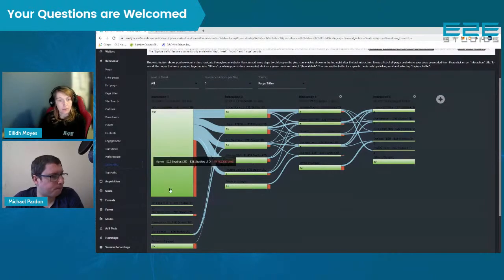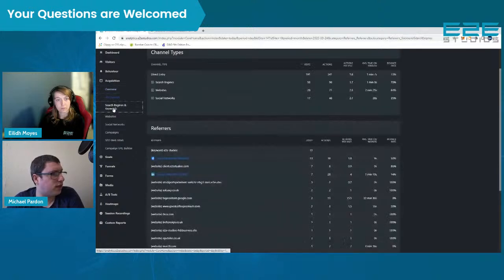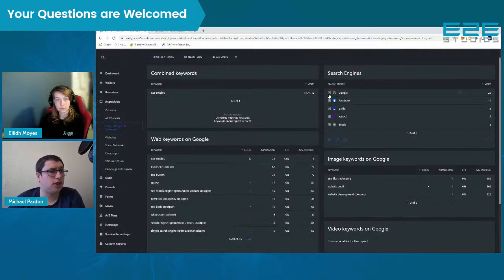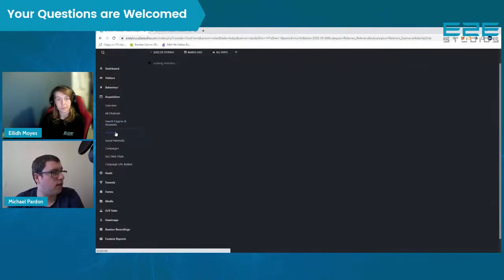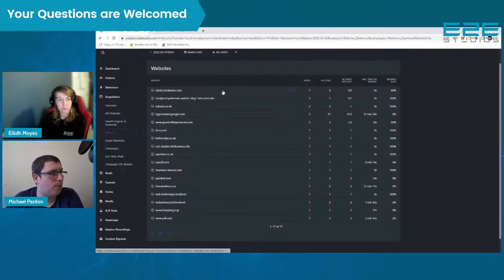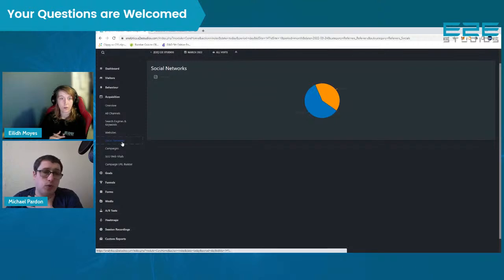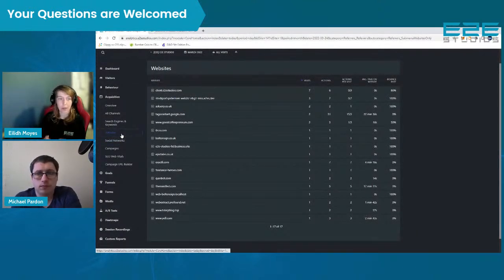Exactly, yeah. We can also look at acquisitions, and this is things like search engines and keywords. So these are the things that people are searching for and how they found us on Google. Image keywords, so have they found any images from our site? What search engine are referring to us? Or all that fun stuff in between. Any websites that are referring to us? How many people have gone to a site and then gone to our website? Social networks. Knowing what websites are referring to is a really good way to get rid of any spam websites,